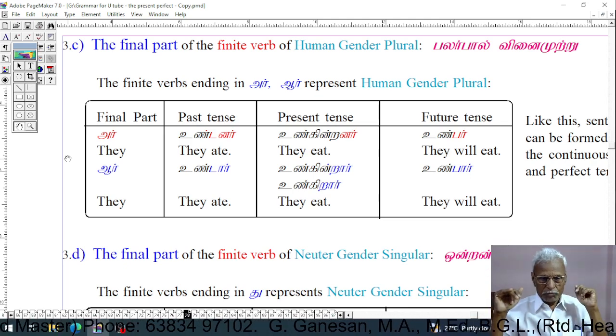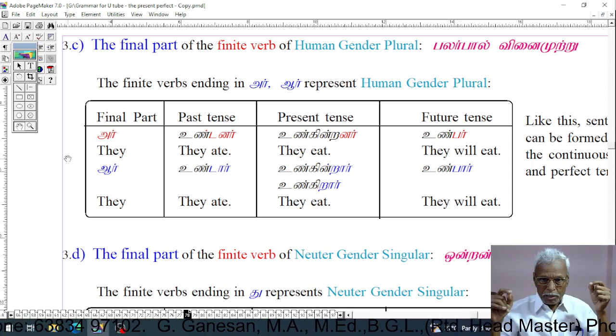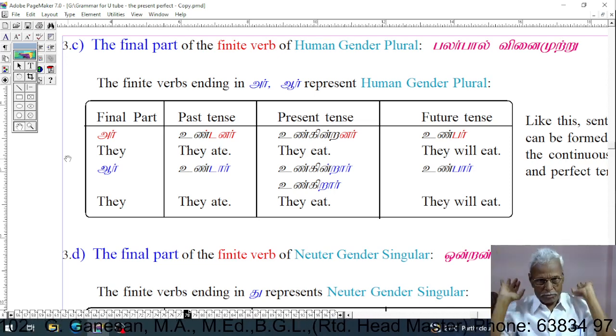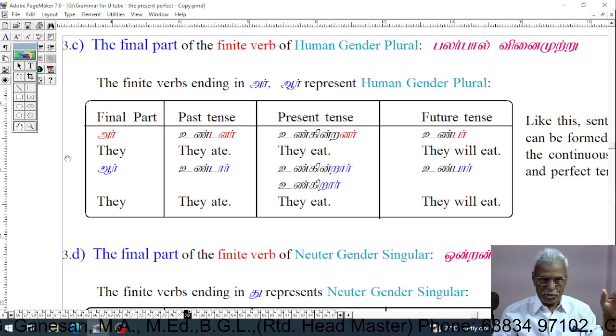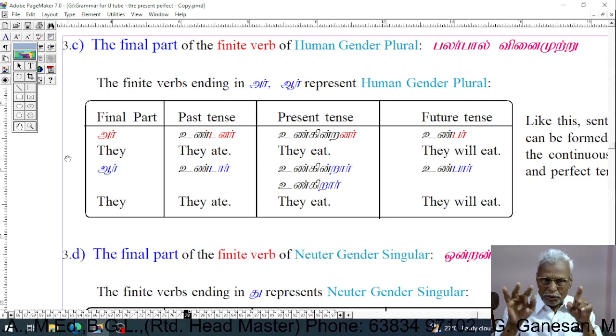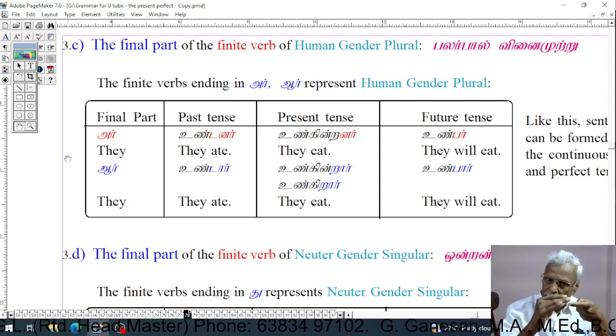Are, உண்டார், உண்கின்றார் அல்லது உண்கிறார், உண்பார். Three tenses, three simple tenses. So this final part ending in ar,